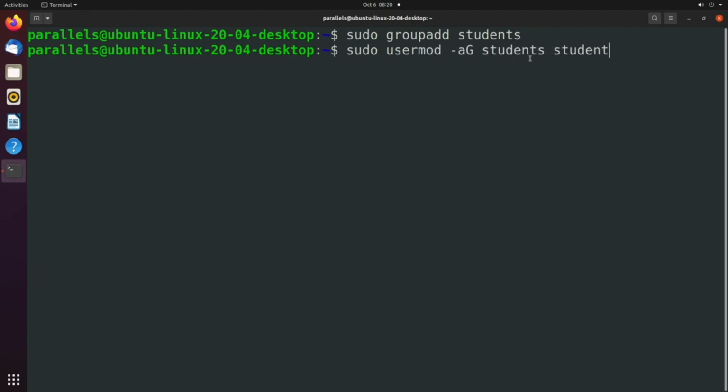And this is what it's going to look like. We're going to add the student to the students group. Now, this might be kind of a silly example, but basically you can imagine instead of having a student account, you would have an account for each student. So maybe one for Caleb, one for Sally, one for Sarah, and